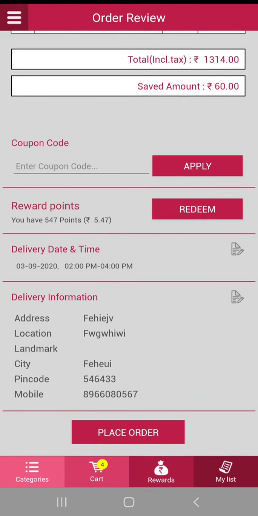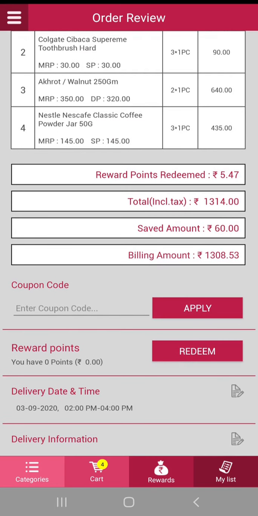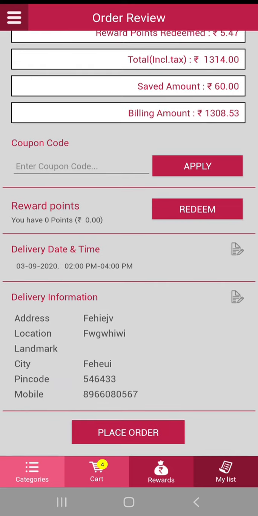And here, as you can see, there is a reward point section. If he taps on redeem, he can redeem all these points. The amount will be automatically deducted from his total billing amount, as you are able to see it over here. After that, he can see the delivery information, delivery date and timing, and he can just place the